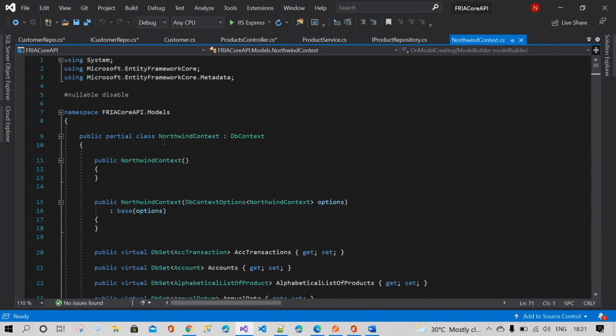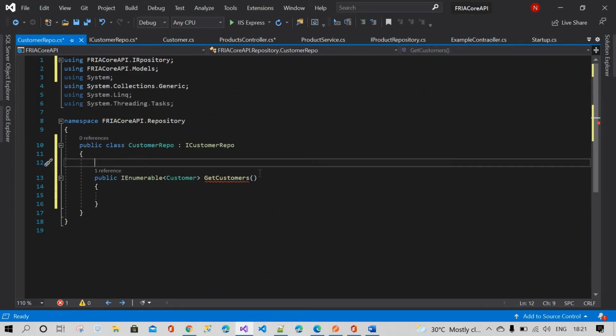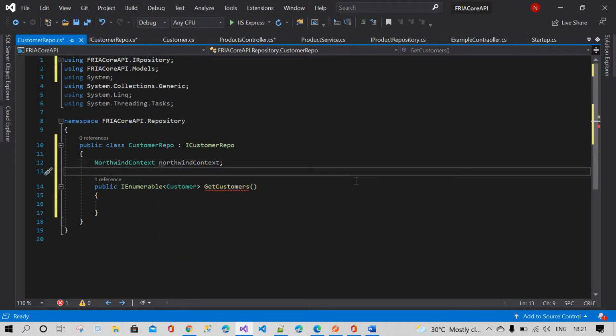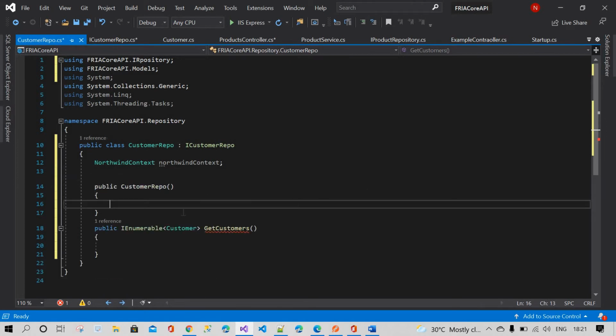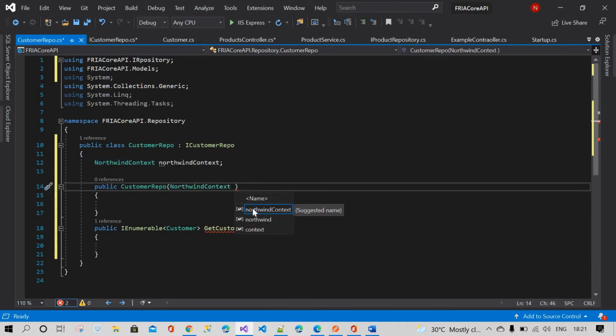This is our database context. So you need to create an instance of this where you want, the Northwind DB context. After that you need to pass this in constructor-based dependency injection. I will show you how to create it with ctor and double tab. You need to pass this database context in this constructor.